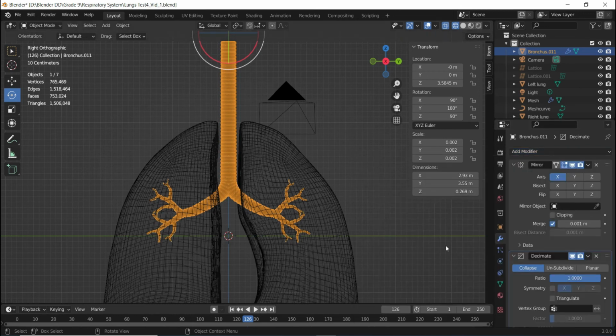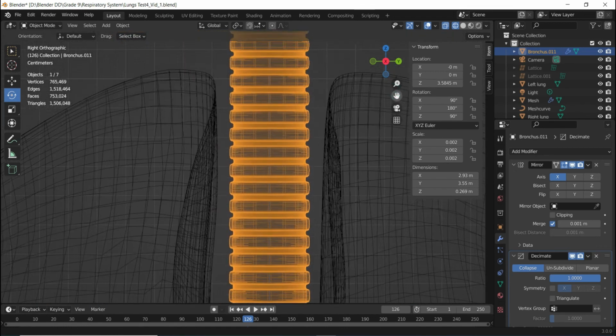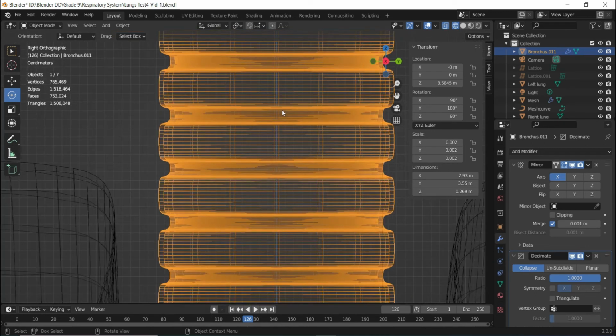What decimate does is it reduces the face count, and it keeps the shape intact. But the catch is that it distorts the topology. The way these edges and vertices are structurally arranged in the mesh will definitely get distorted.